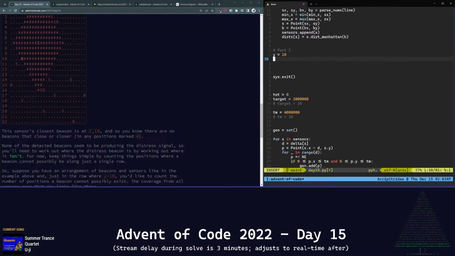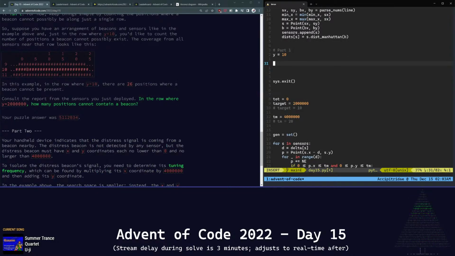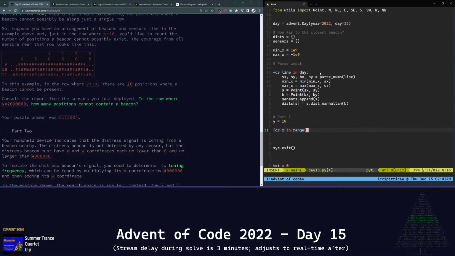So now let's answer part 1. We'll fix our Y position and just go across the row and check every point in that row. So for X in, and what values do we want to check? Well, we want to check starting from minimum X, and just for good measure, let's